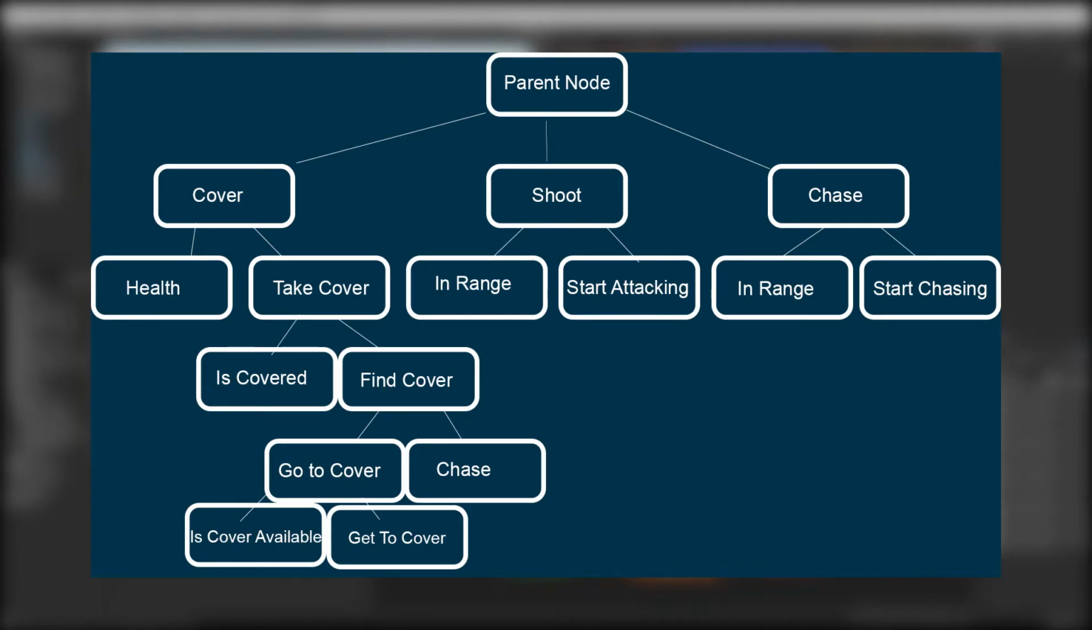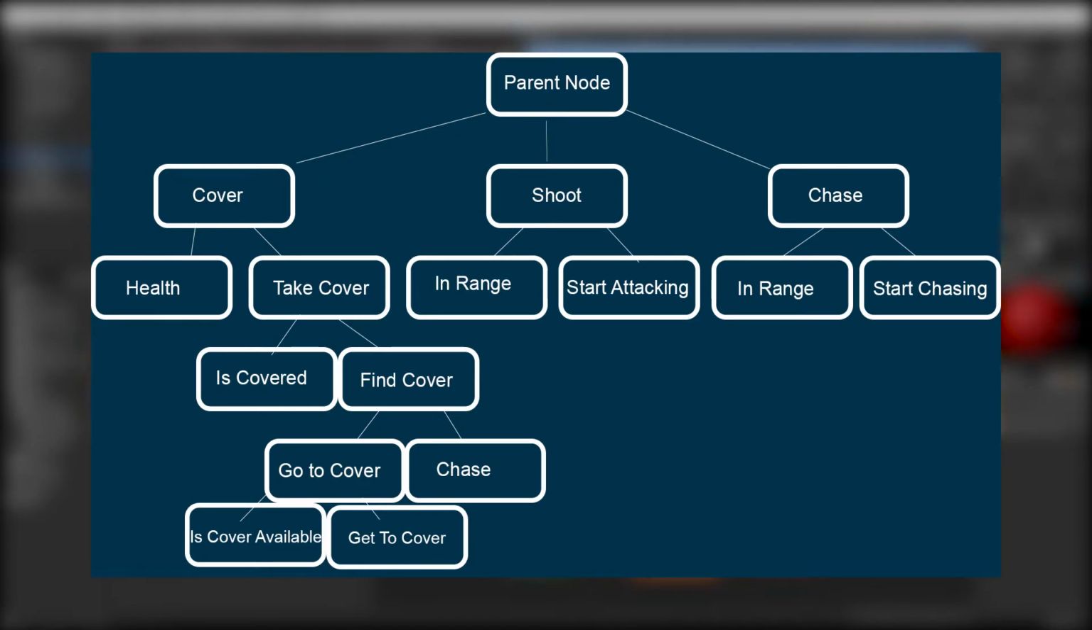Lastly, the behavior tree. The behavior tree has a parent node that will have a certain amount of children. In my example, I have 3 sequences. These sequences are called cover, shooting, and chase. The cover sequence being the most complex of them all, it will take in a health node and a cover node. The way this works is that if the enemy reaches a certain health threshold,